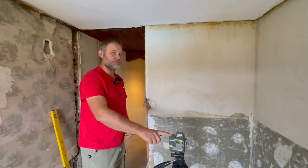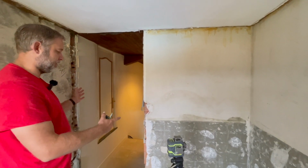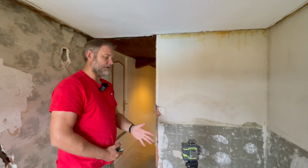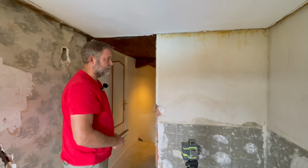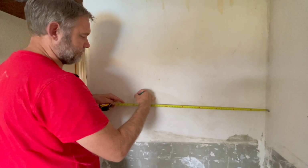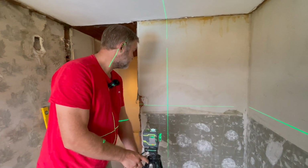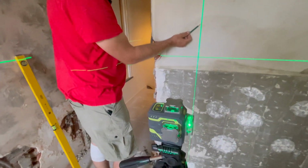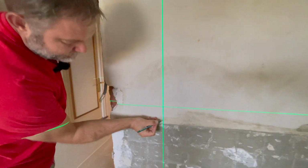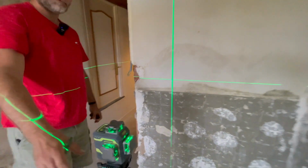So we're back with the Lasgoo laser. We need to work out what space we've got for where the new door's going to go, and then subsequent to that we can work out where the lights are going to be on the ceiling. So we use the laser level to mark the edge of the shower cubicle. We can do that by measuring the width of the shower tray, which is 800. You can see I've got a mark there, 800. And then use the laser to line up on that mark we've made, and then we can mark several more times on the line like that, and then remove the laser,